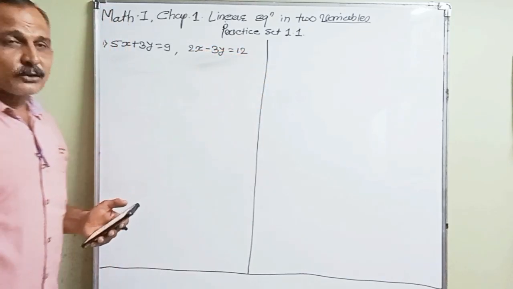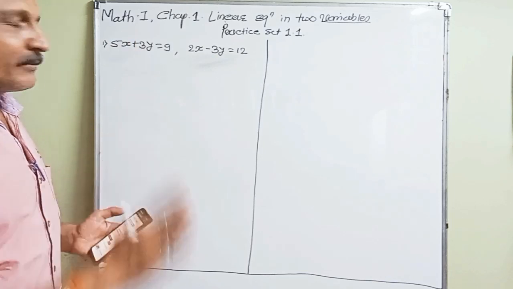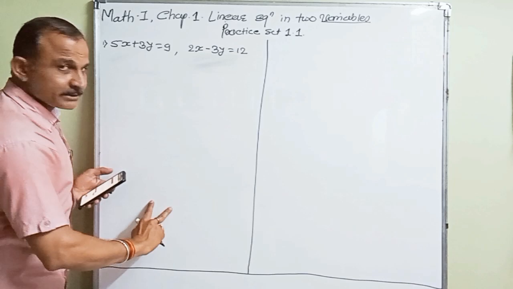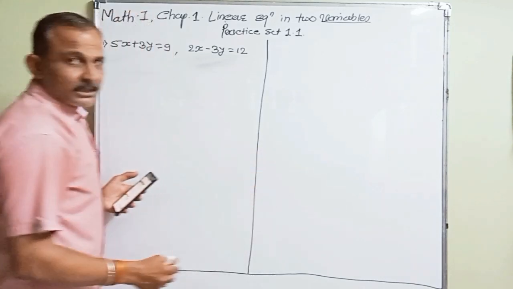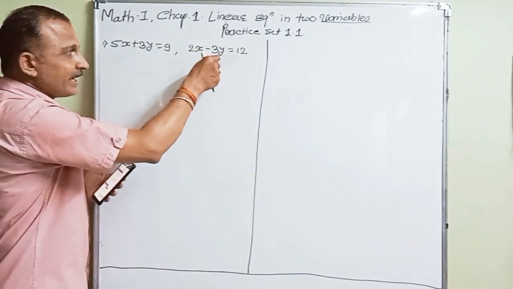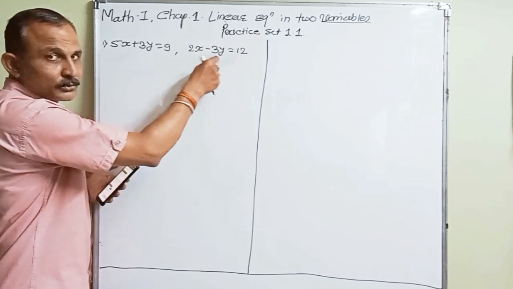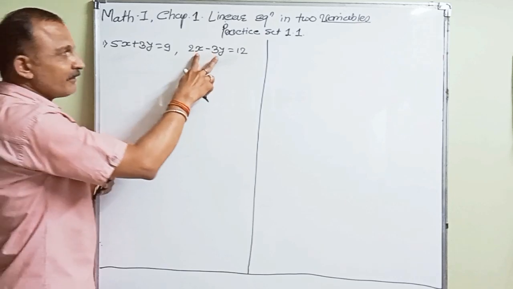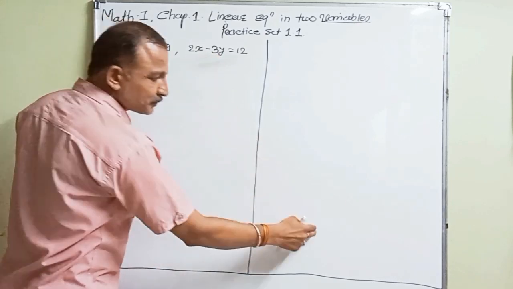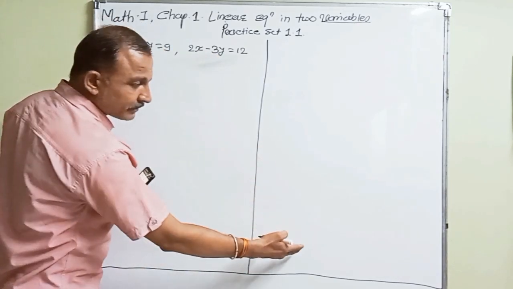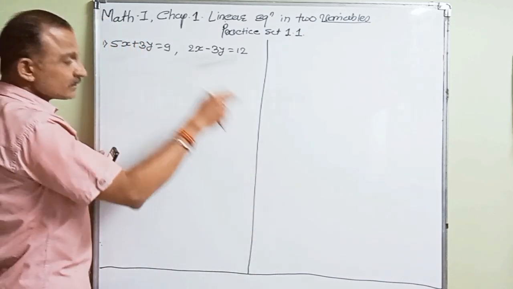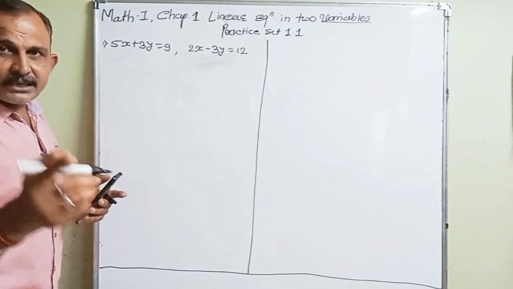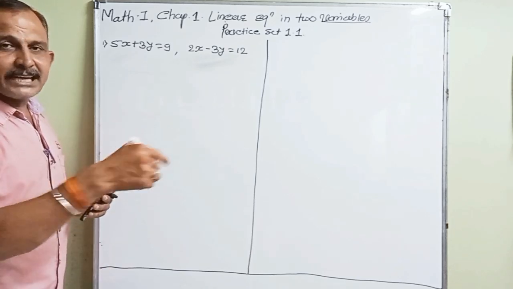Now this is also called the simultaneous linear equation. Simultaneous means at a time, means we solve these two equations at a time and we get a solution. We get the values of x and y. These are the variables here. So this equation is called the linear equation in 2 variables, and the values of x and y are the solutions. And why do we call it a solution? Because these values satisfy both the equations. How do we check that? We have to see at the last.